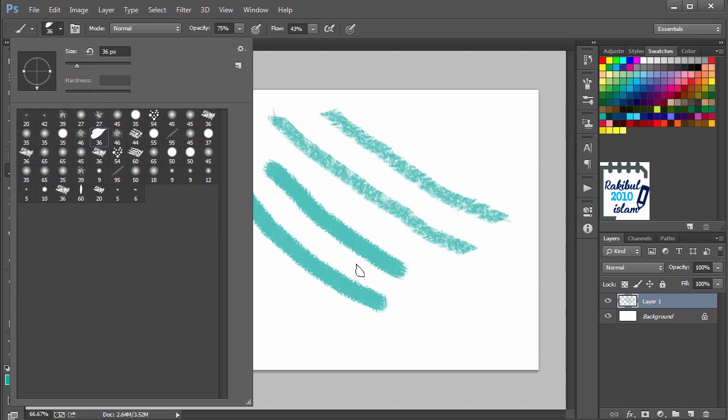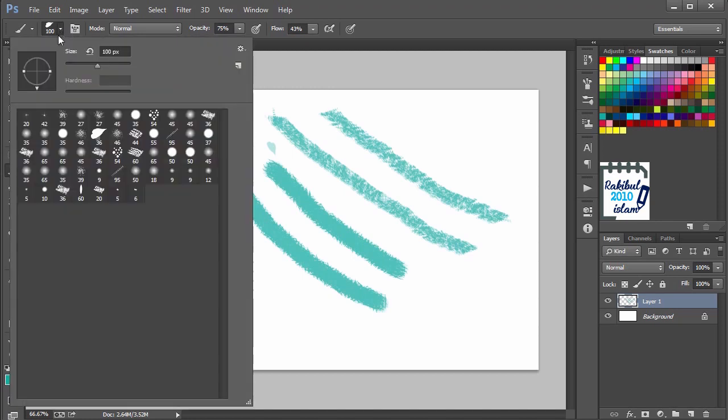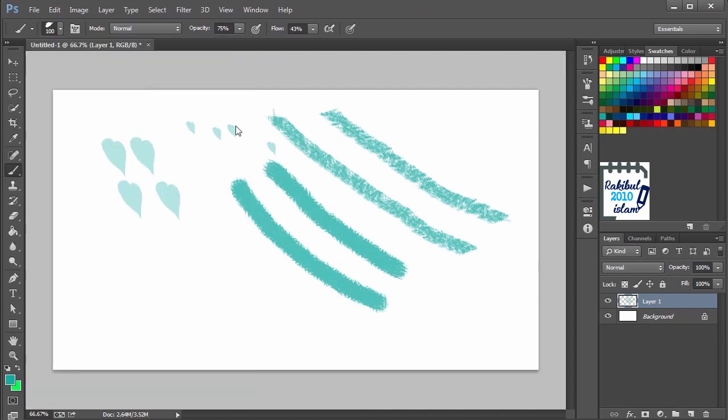If I select this brush tip and paint with it, then you can see this, but if we change this angle, then we can see a different angle.